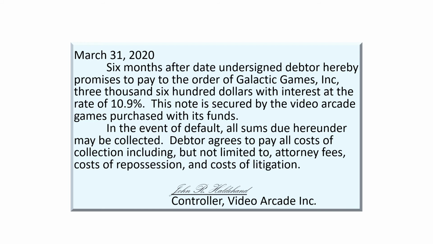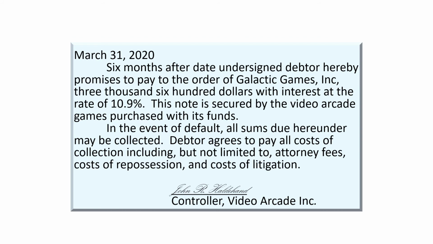So in other words, if you, Video Arcade, fail to repay this money, you are also agreeing that we can add to this $3,600 with interest whatever cost that the creditor, Galactic Games, has to incur to enforce this instrument